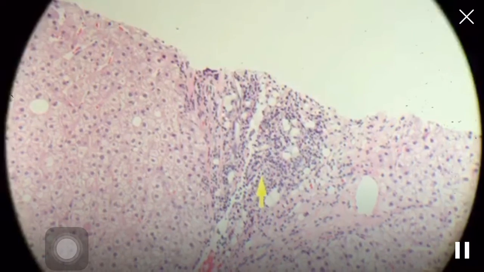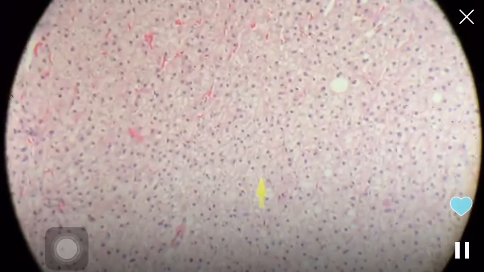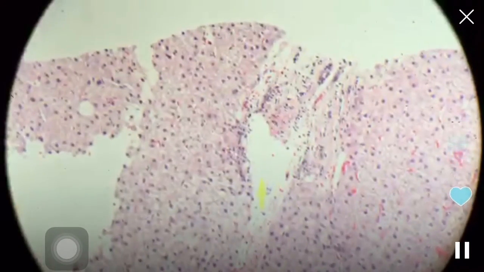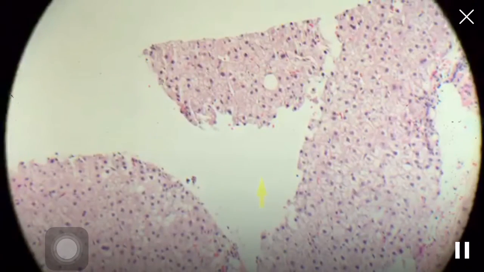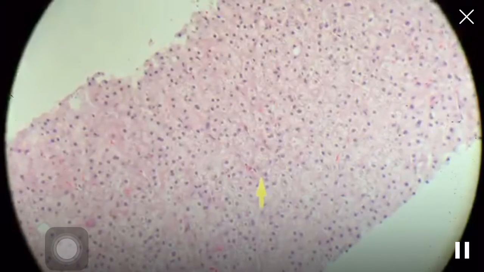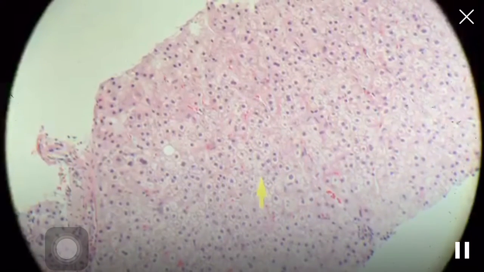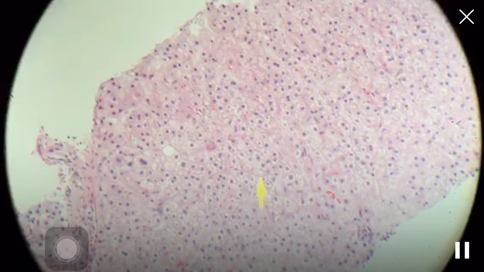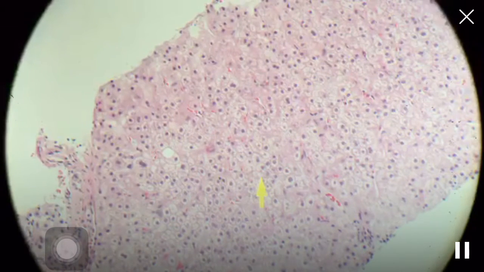So what I want to see is the ballooning, with or without Mallory-Denk bodies. And to find it in non-alcoholic fatty liver disease, it's often very mild, and you have to really look around. And so I go to higher power after doing the assessment at low power for